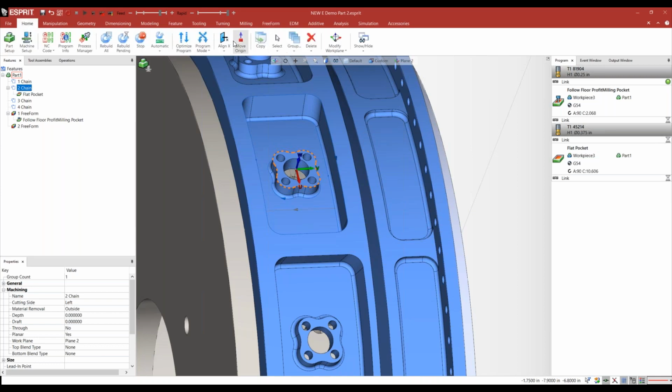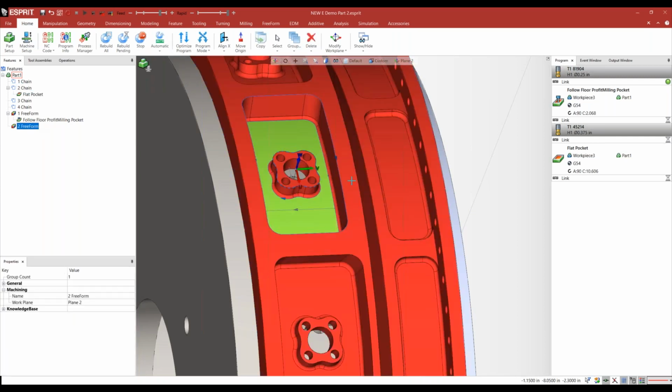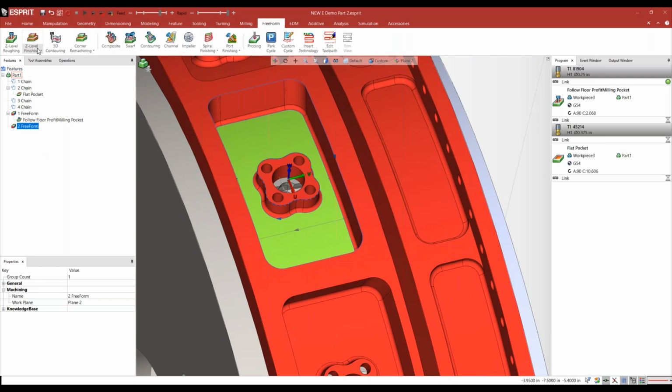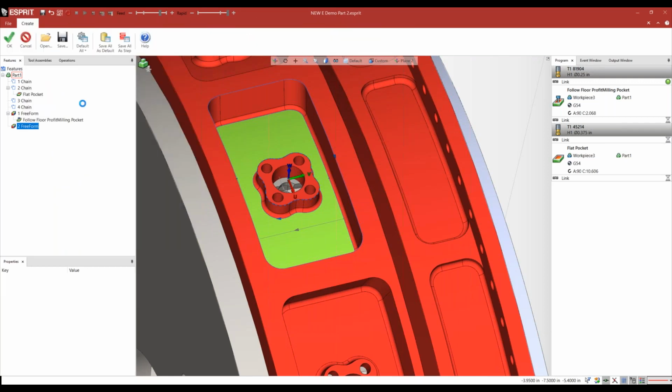And this is available because I have automatic set here, so it's automatically just going to keep building as I build operations. All right, let's do our floor finish as well between curves. So I'm going to select my freeform right here, and I'm going to go to freeform and select right here, down arrow, get the between curves finishing. With that selected,